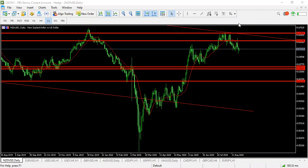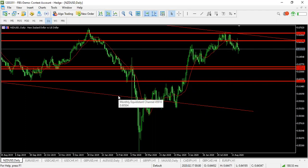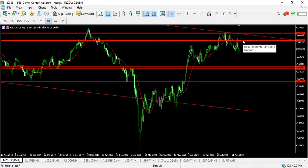As you can see already on my screen, I've got NZDUSD. I'm going to show you quickly how I'll be trading it for the next year, step by step from short term to medium term and long term. So the first one would be selling it here by 0.66250 zone. So this will be a good area to enter shorts,